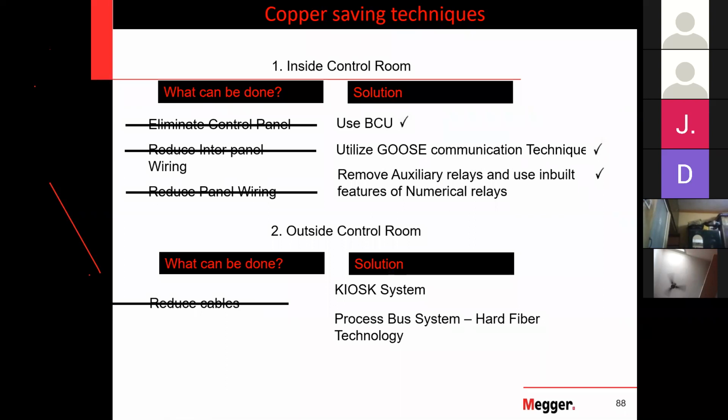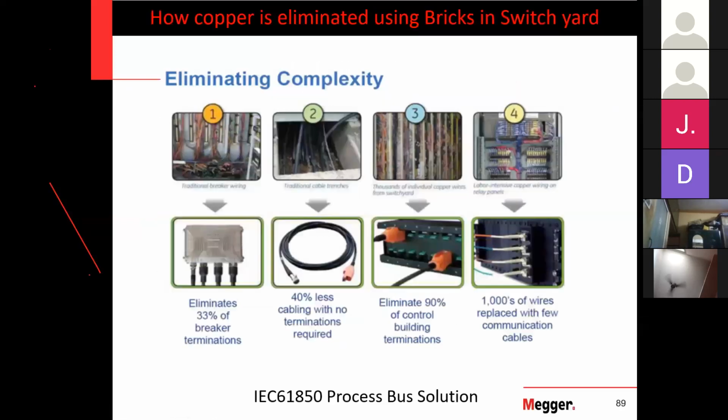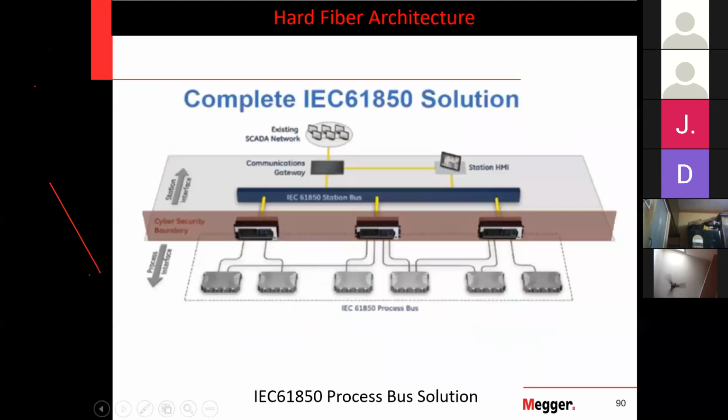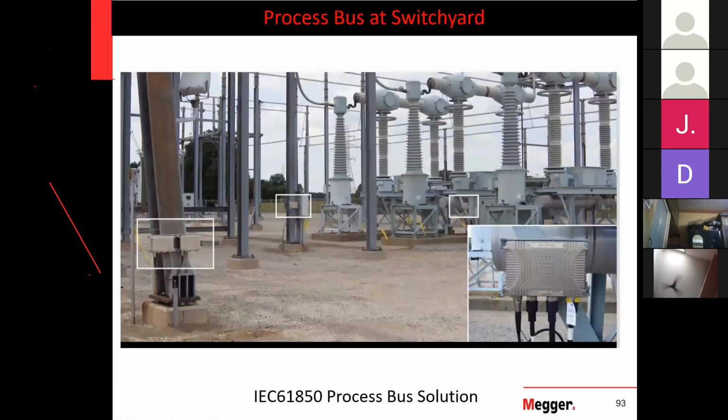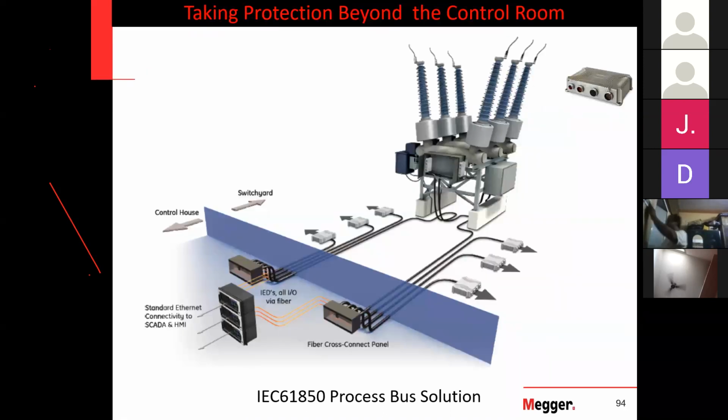So that's where the need for a different arrangement arises, and that is called the process bus system. So let's see what solution is suggested. We introduce something different here. This is called a merging unit. So the architecture goes like this. This is a merging unit directly kept in a switchyard below the CT and PT and the breaker. And this is the exact architecture. If you understand this, you can easily understand what we are talking about.